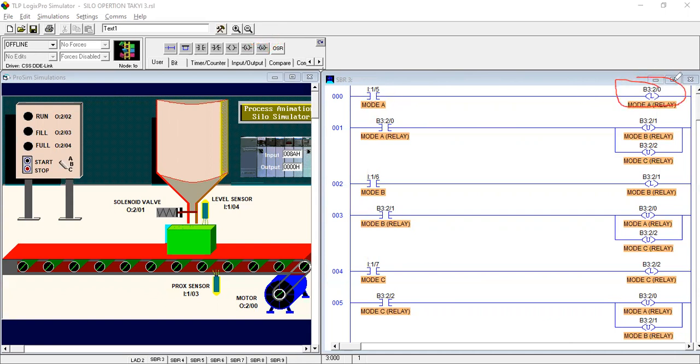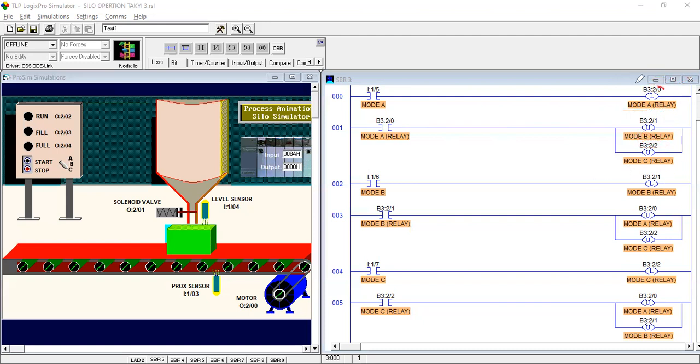You can add latch and unlatch instructions according to your imagination. If you are latching this address, you must unlatch this same address with any kind of stop push button or stop instruction.